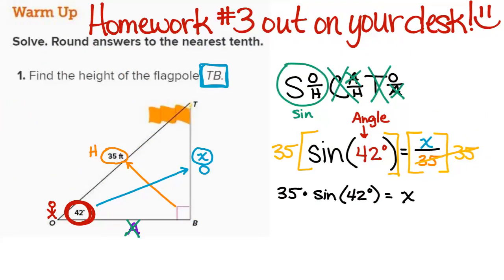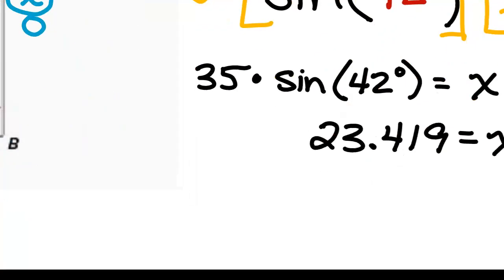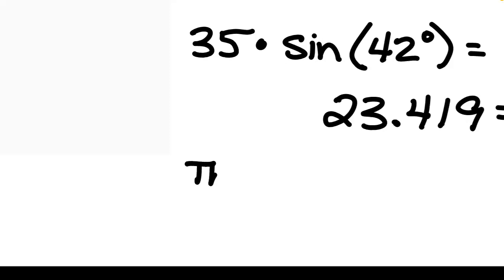So now we grab the calculators and type it in. What is 35 times the sine of 42 degrees? How much? 23.4. If you take it out further, it's 23.4, I think 19, something like that, 419 is equal to x. The directions say to round this to the nearest tenth, so then I would say the flagpole